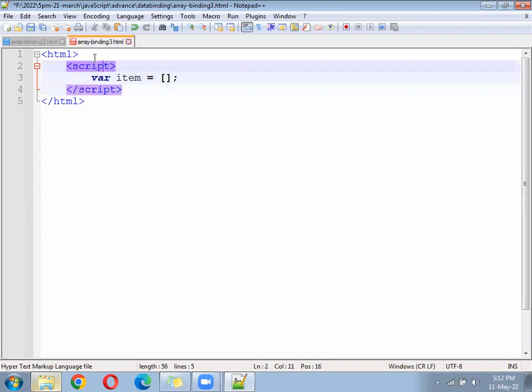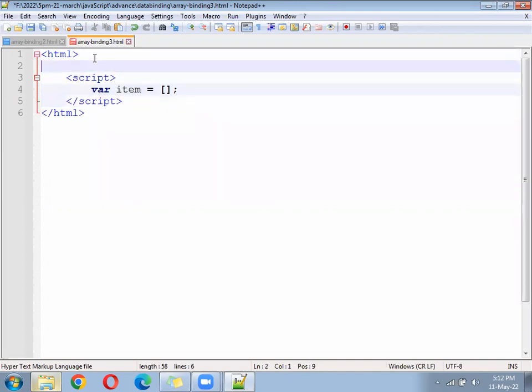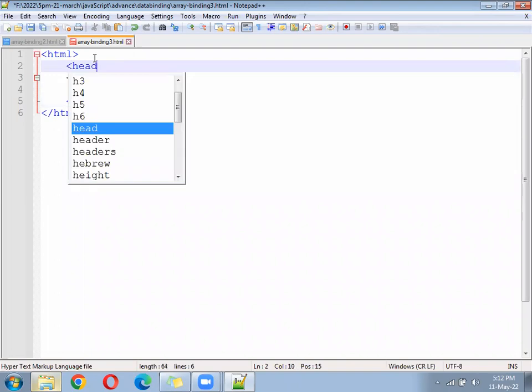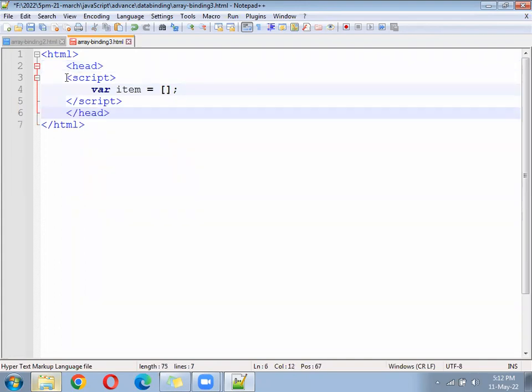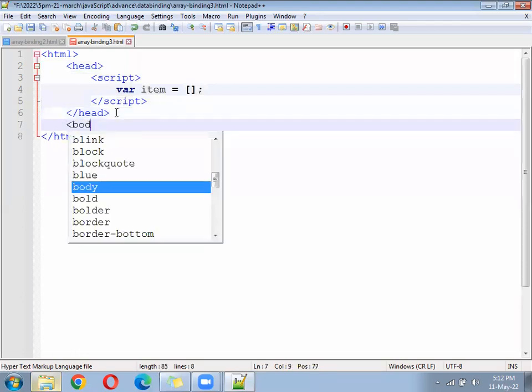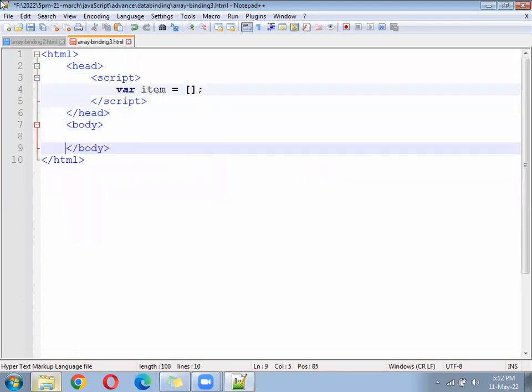This should be under the head section. Under the head section, follow the body as well. Inside the body,